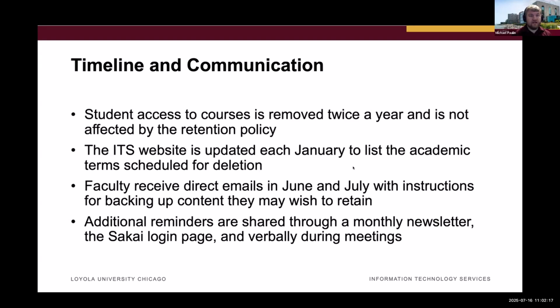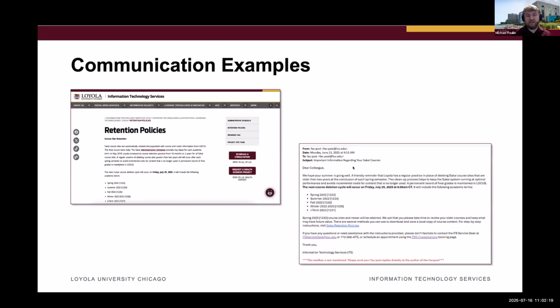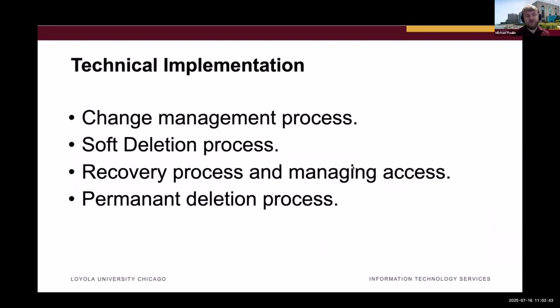If we go to the next slide, this slide contains the first image, which is our website, which has the retention policy information and every set of courses that are being deleted. The next image is of the emails we send out with the same information on what's being deleted, how to retain it, and when it's happening. We find that communicating as much as possible helps prevent a flood of emails when the courses are first deleted. If we go to the next slide, now we'll go over the implementation of our deletion process.